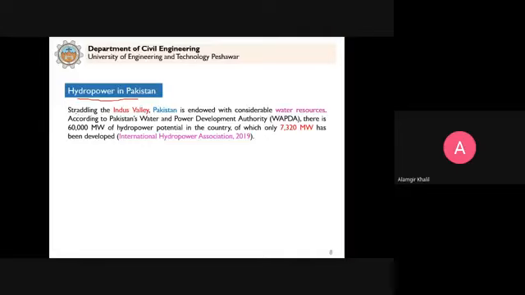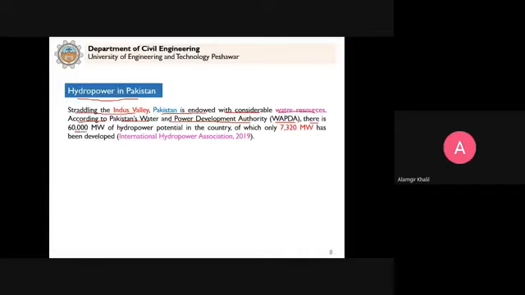Now coming to hydropower in Pakistan. Straddling the Indus Valley, because you see Pakistan is spread over this Indus Valley. That's why we have the Indus Basin, the Indus River, which is a lifeline for Pakistan, supplying water for different purposes. So Pakistan is endowed with considerable water resources. According to Pakistan's Water and Power Development Authority, WAPDA, Water and Power Development Authority,